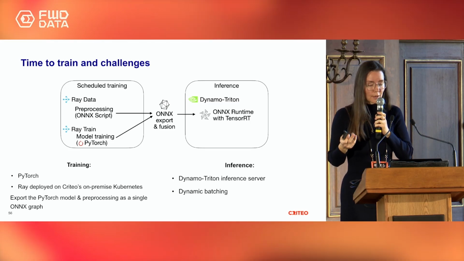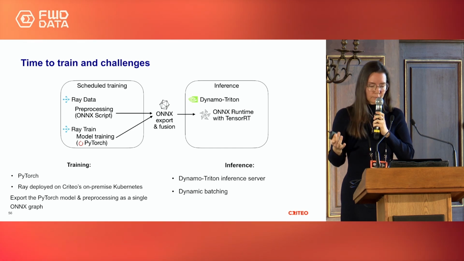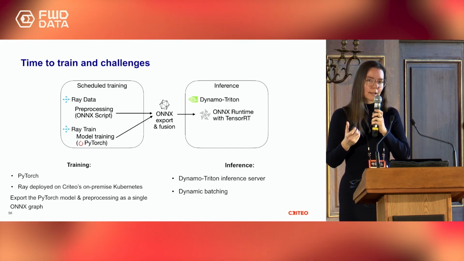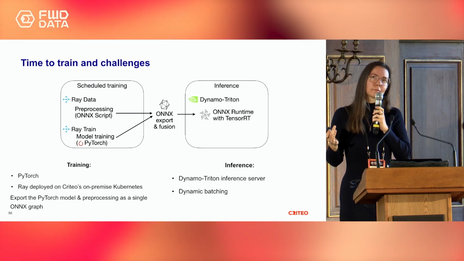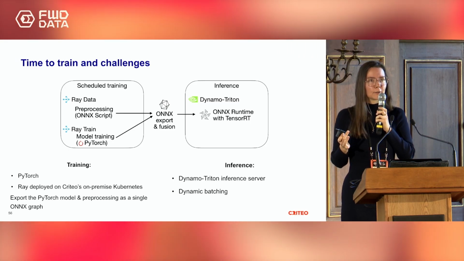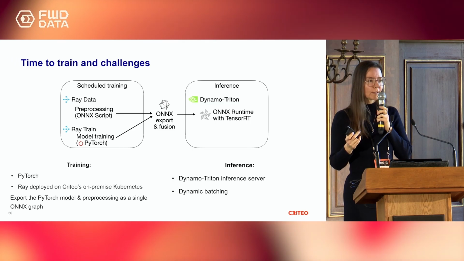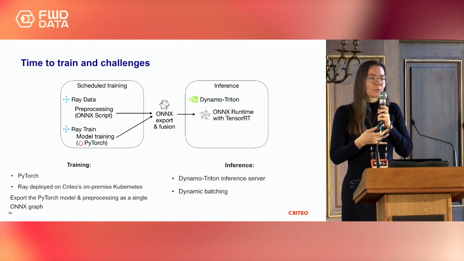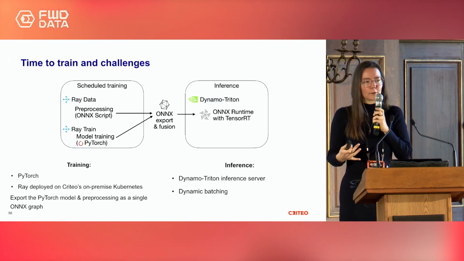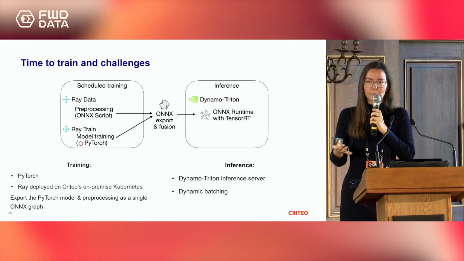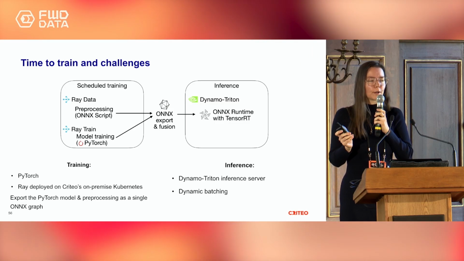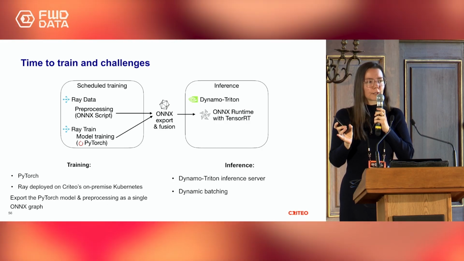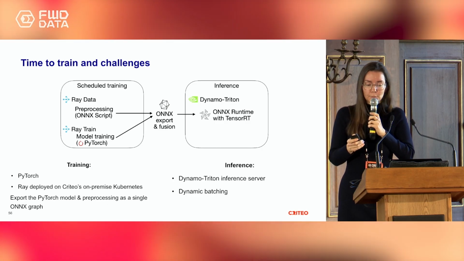We use Dynamo, Triton, NVIDIA inference servers. Those are nice because they allow for dynamic batching. So I mentioned a few times already the latency of 10 milliseconds. We don't really have time to sit around and wait to batch the data for inference. So in dynamic batching, we usually succeed to batch it into, say, sets of 2 and 3. That still helps quite a bit.